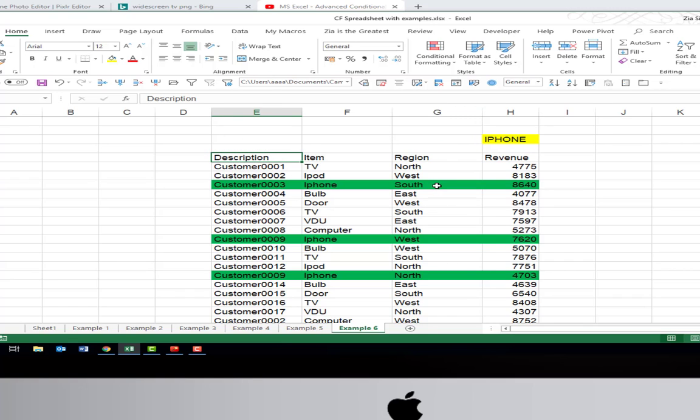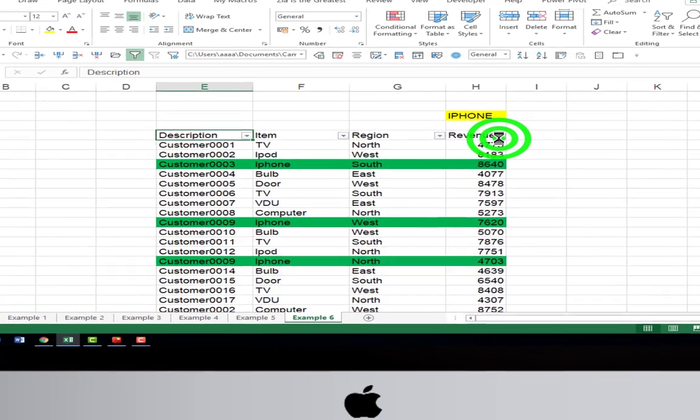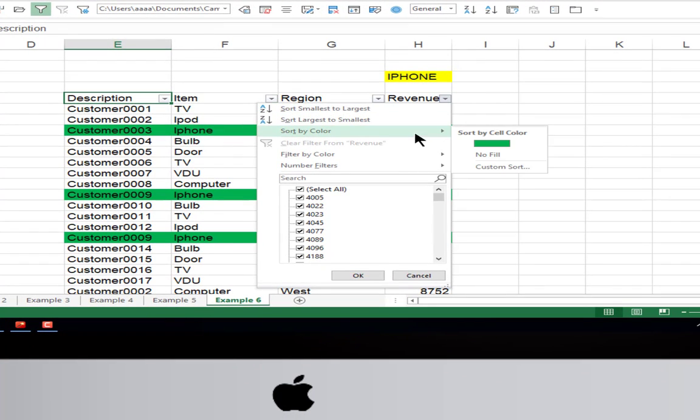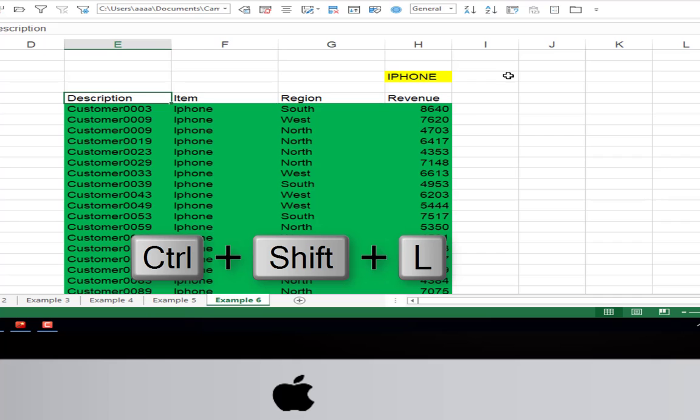And of course what you can do is just filter it. We're going to do Control Shift L to bring up the filter, and then click in here, choose sort by color and point to the green area, and then you've got all of the items that relate to iPhone. So again, a very quick way of finding information, but this time you're highlighting all of the rows that relate to that criteria. So we're just going to come out of this with Control Shift L, and then we're going to